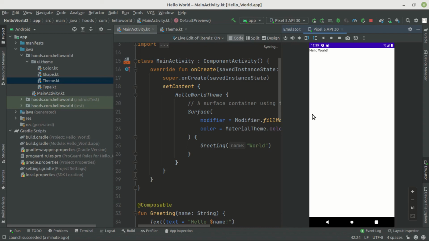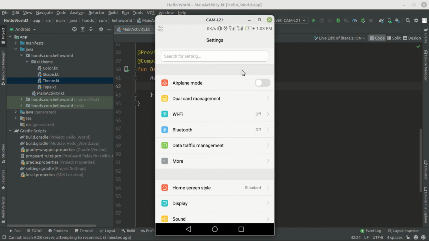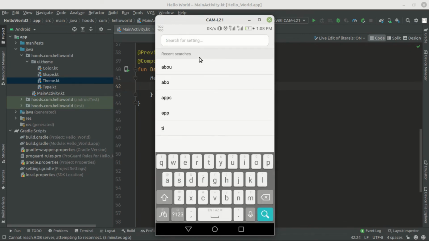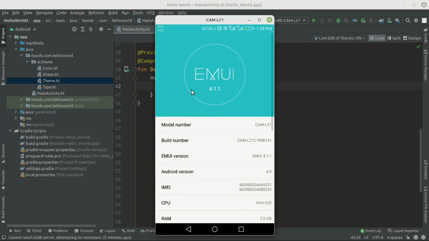Now we can try to run inside a real device. So I'm going to show you how you can configure a device so that you can easily run Android applications. In order to make your phone recognized by Android Studio, you have to make your phone an Android developer. So you can come here to enable developer options. You can search, for example, for about, and it's going to take you to this about phone. And there is something called build number, so you can locate it,